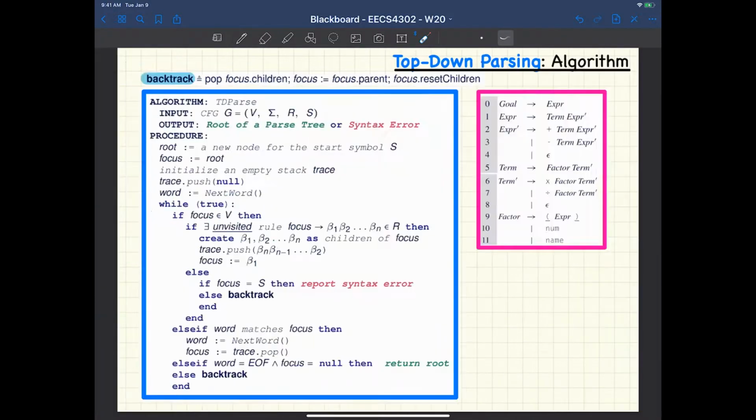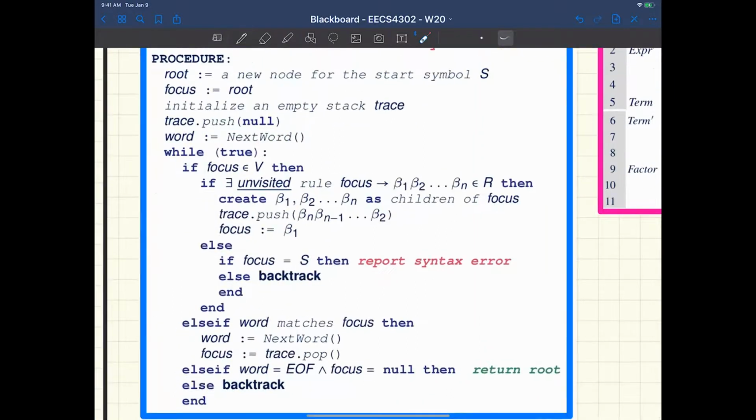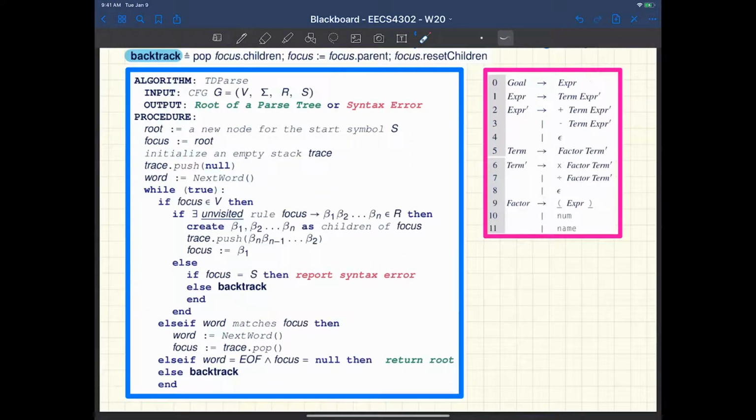Now let's look at this algorithm here. It's the same as before. I am going to tell you exactly which line you may want to consider changing. Look at this line here, the blue one. That one is really the key when we trace a top-down parsing, which means if the current focus is actually a variable, that means we want to consider growing this particular internal node. For example,